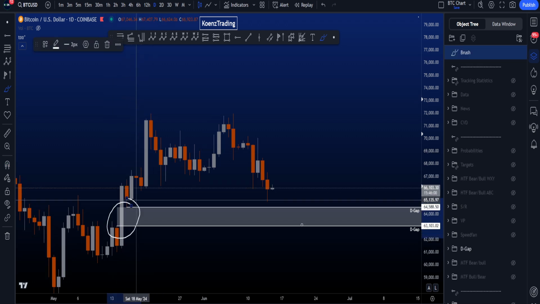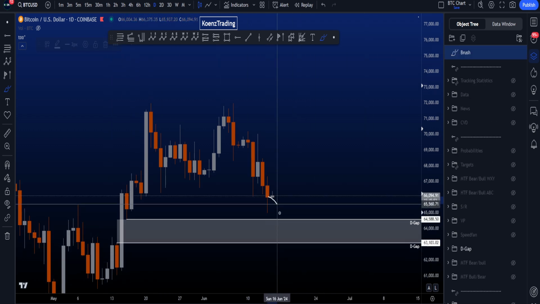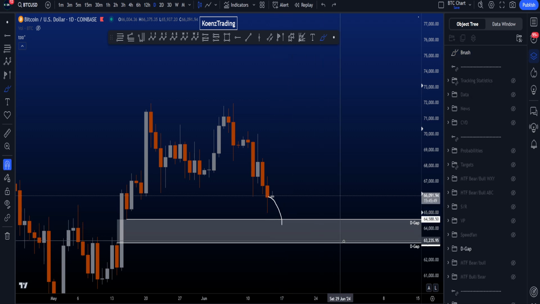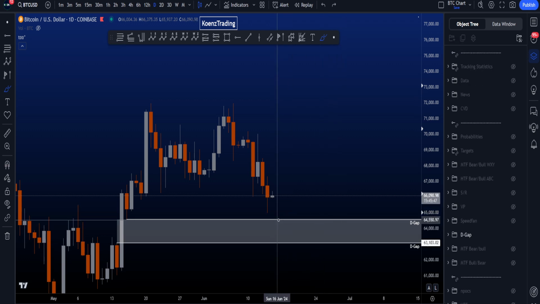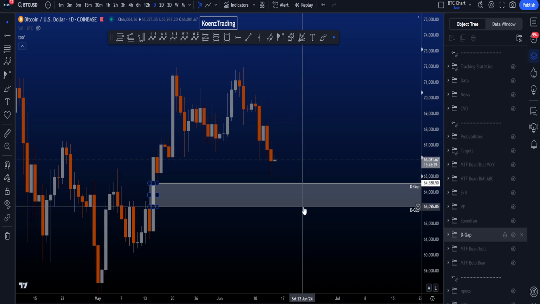This left a gap here between 64.6K and 63.1K. Generally, when you hit a gap for the first time, you expect some sort of support at 64.6K. If it fails and eventually price is closing a daily candle inside the gap, the probabilities will significantly increase to fill the gap to the downside and move to